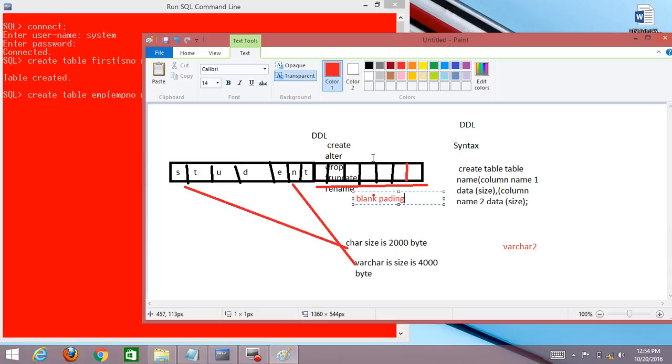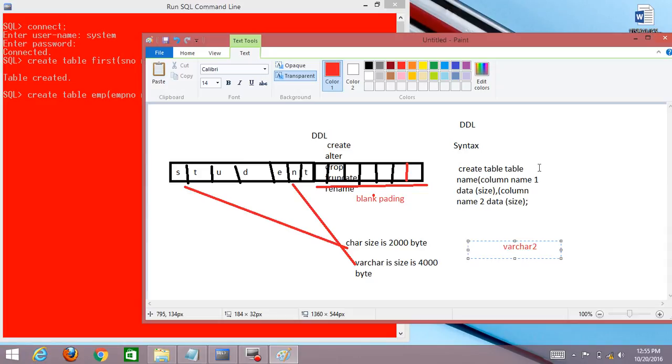So Oracle introduced VARCHAR2. It is not blank padding, it is not a fixed value. If you write 10, 20, multiple types of values are inserted in VARCHAR2, no problem, it is inserted easily. So I am using VARCHAR2 in all programs, like an array. It stores all values per character, whereas VARCHAR is fixed and padding is there.